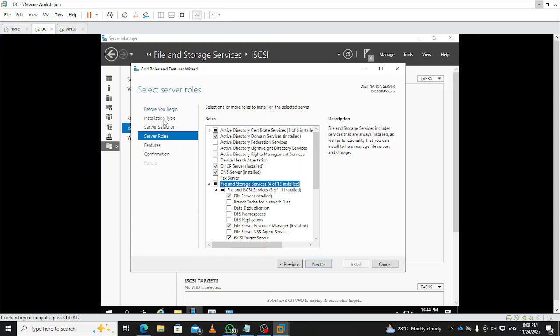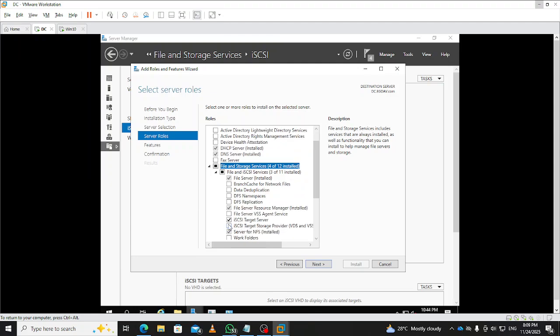Then now you realize that clicking on it here takes us to roles, and then it has also expanded the file and storage service for us. We can see by default we have the iSCSI target server ticked. It's not installed, so the system has already, so more like I cancel,